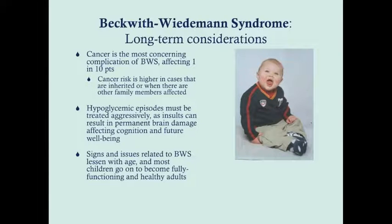Long-term, cancer is the most concerning complication of Beckwith-Wiedemann syndrome, affecting approximately 1 in 10 patients. That risk is higher in cases that are inherited or when there are other family members affected. The hypoglycemic episodes, as mentioned, need to be treated aggressively, as insults can result in permanent brain damage affecting cognition and future well-being. Now, as we said, the hypoglycemic episodes tend to be worse very early on in the newborn period, but it's always a concern throughout childhood, and so it's